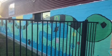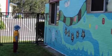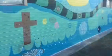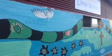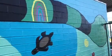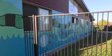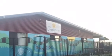Every time you come to Kindy, you'll be able to look at the mural, and you'll be able to play alongside the mural. And when visitors come, they can put their family on the cross. We hope you love your mural and that you play happily alongside it. And every time you drive up that driveway, you can remember, I love